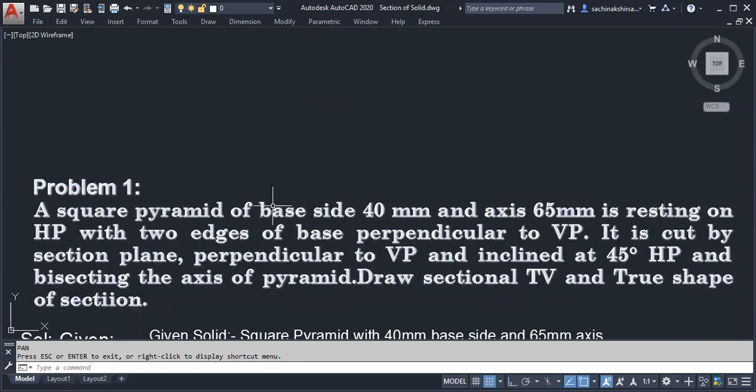So in this chapter, either the solid is cut in simple position, meaning it is just resting on one of the planes, either HP or VP. That will be a simple problem, or a two-stage problem, like in projection of solids. That may be the case, meaning a solid may be inclined. Suppose the axis of